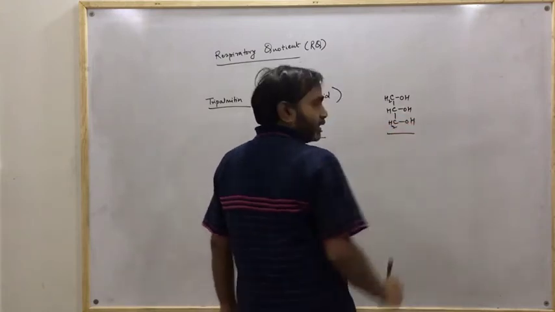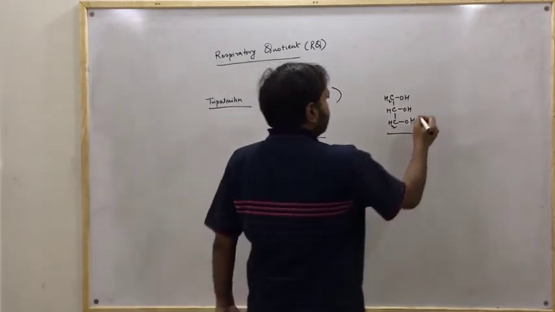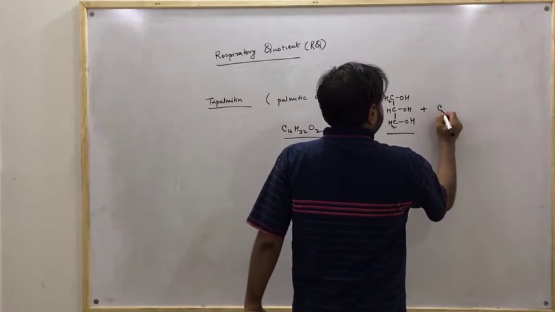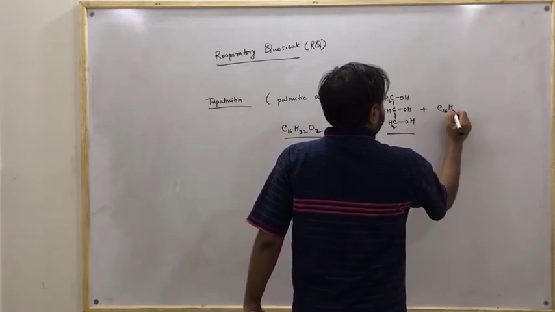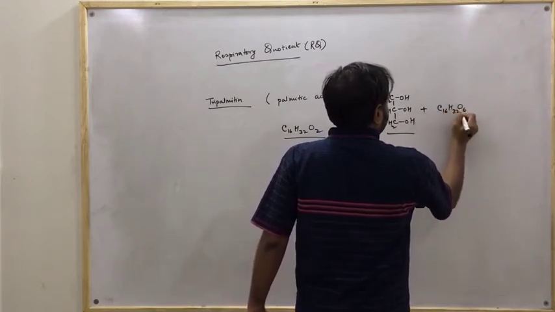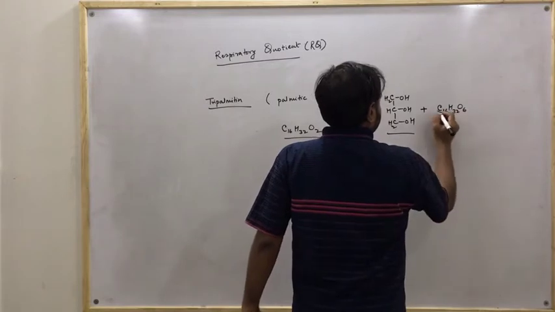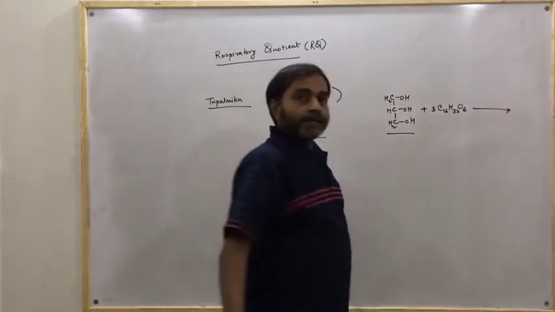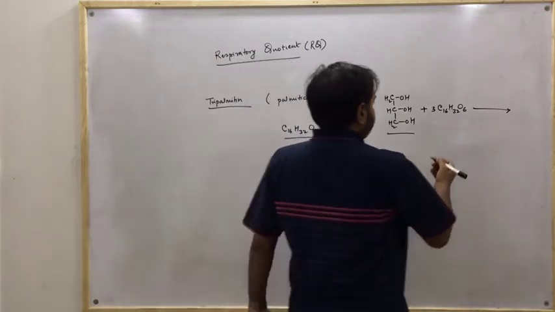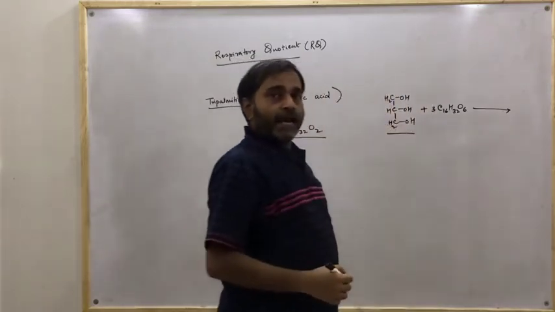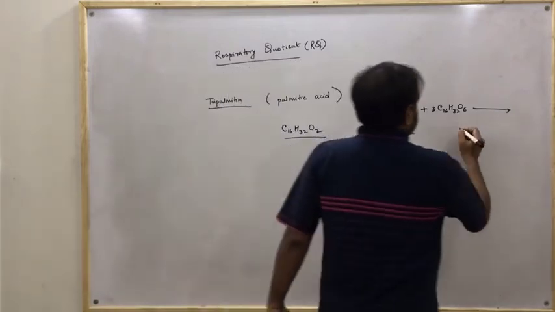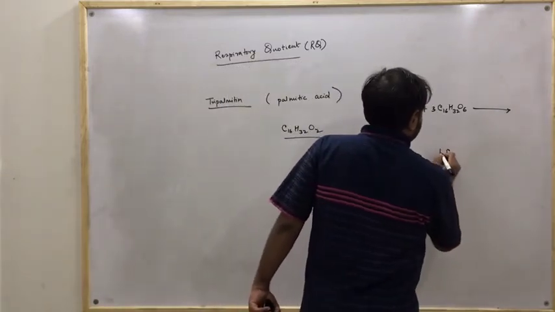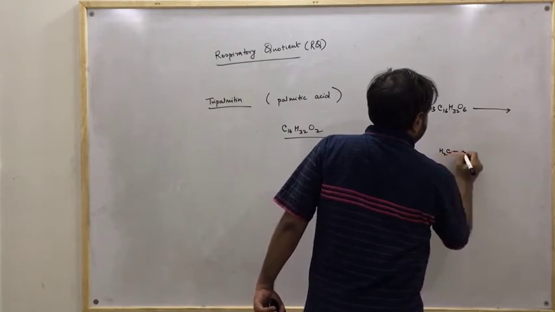This is a glycerol molecule, and when it combines with a fatty acid like palmitic acid, that is C16H32O2, what happens? We can obtain triglyceride and water. So the triglyceride tripalmitin will be obtained, and that can be given by the formula